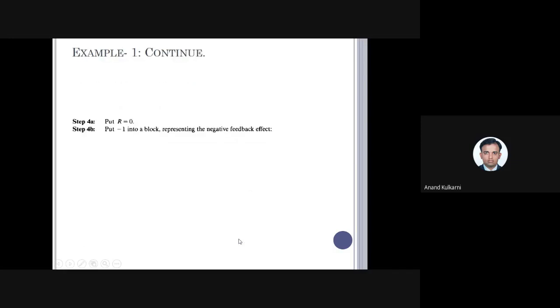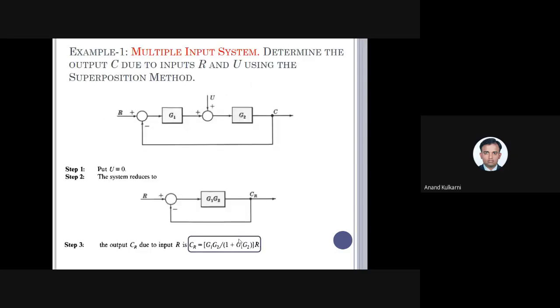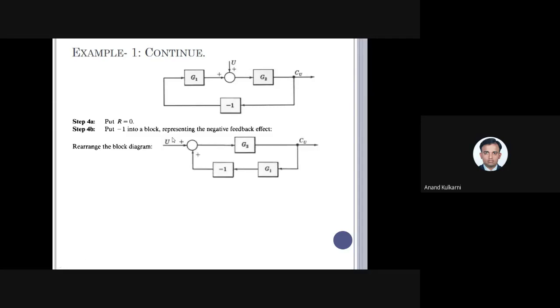This is part A. Then part B of the problem is, in this condition, we have made R as 0. But remember one thing here, there is one feedback, there is one negative. So minus 1 is already there. So minus is there here. Rearranging this, we get like this. Even if this negative sign is not there, I can consider this, for this there is a negative sign. Why is this small change?